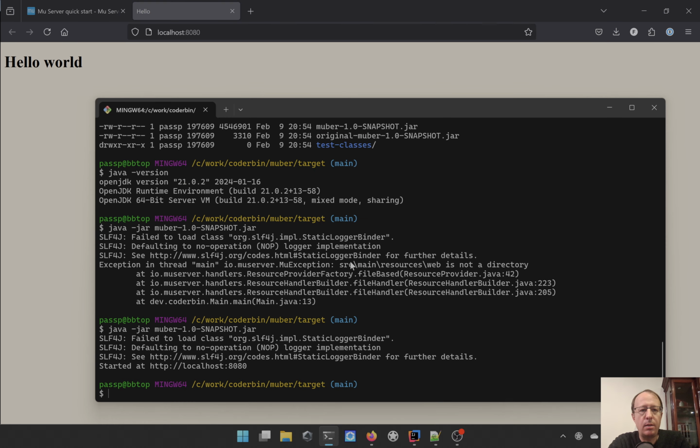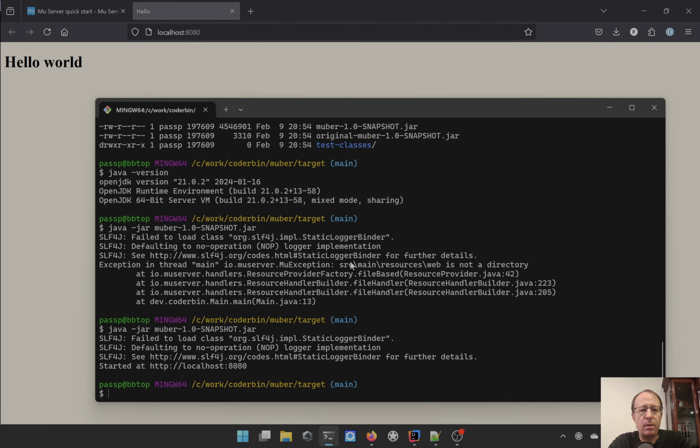Okay, and I refresh, nothing happens. Because it's loading from the class path, it doesn't get refreshed until I restart the server, which is rather annoying. So what we want to be able to do during development is load from the file system, and then when we package as an uberjar, we want to load from the class path.